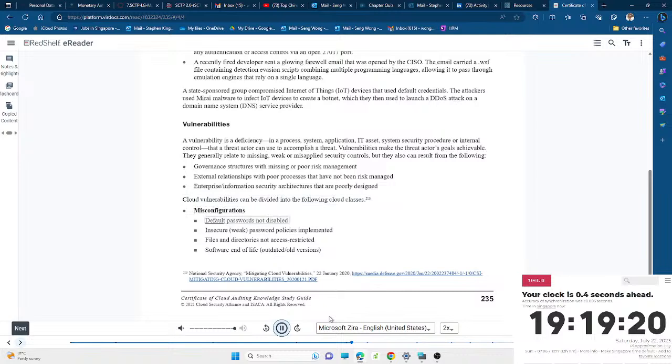Misconfigurations: default passwords not disabled, insecure, weak password policies implemented, files and directories not access restricted, software end of life, outdated/old versions. National Security Agency, Mitigating Cloud Vulnerabilities, January 22, 2020,